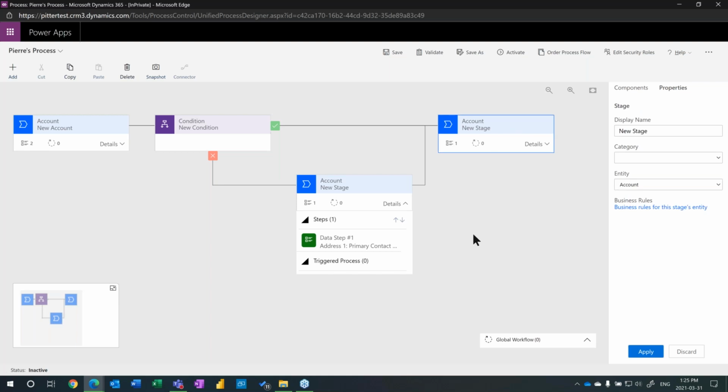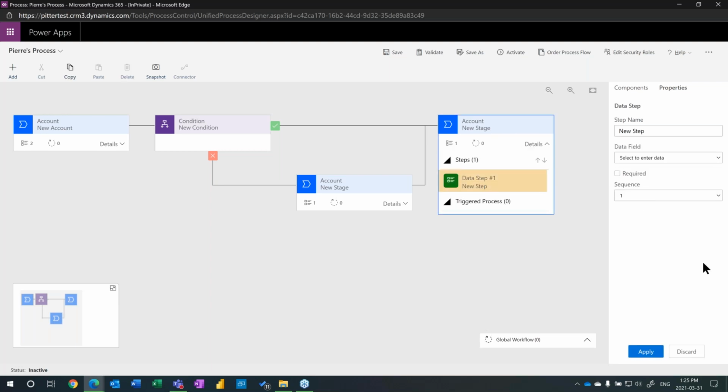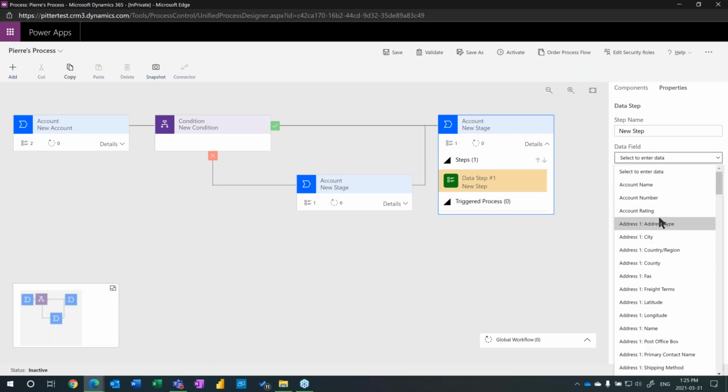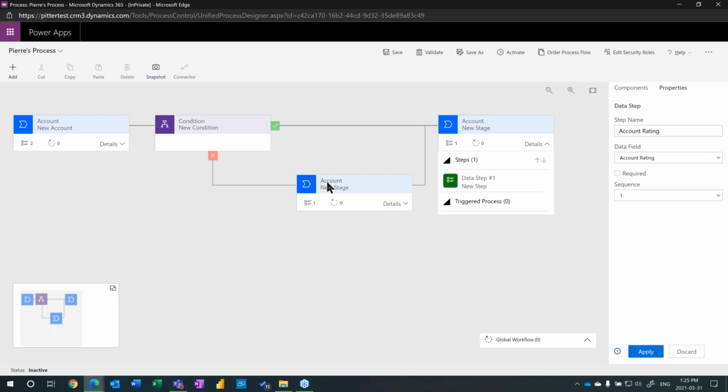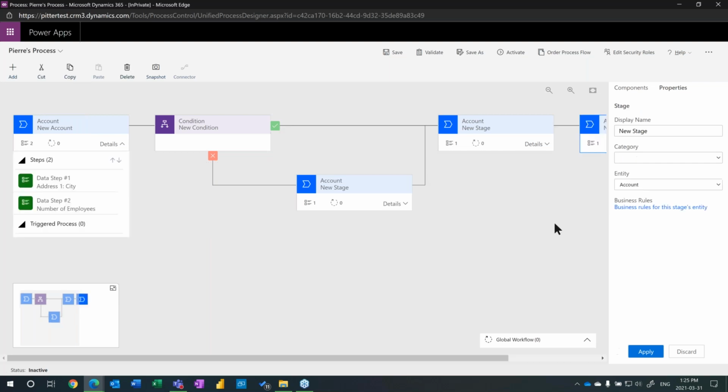And then the next stage, we'll just maybe do, oops, pardon me. We'll go for accounts, apply, and go to this data step. And we'll just go ahead and get an account rating, and then move on to the next stage, which will be finalize account. And apply. So now we've created our business process flow, and what I have to do next is